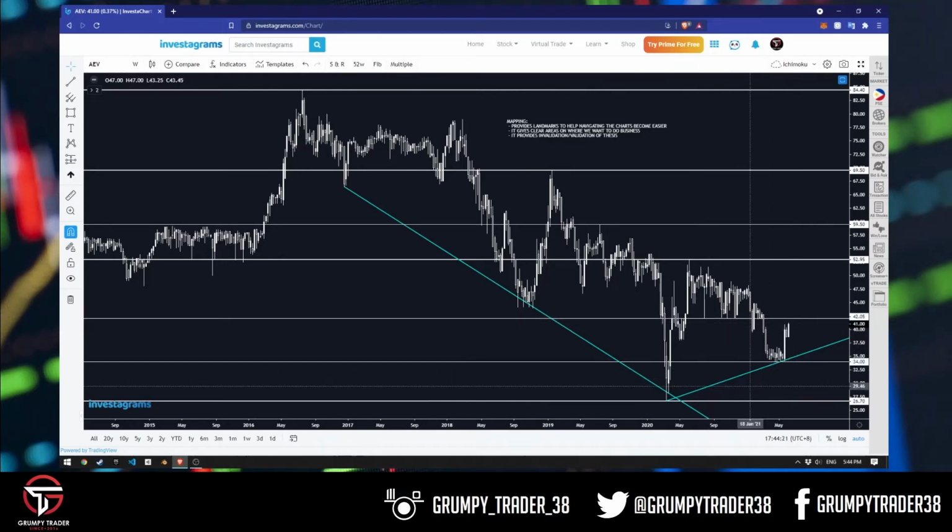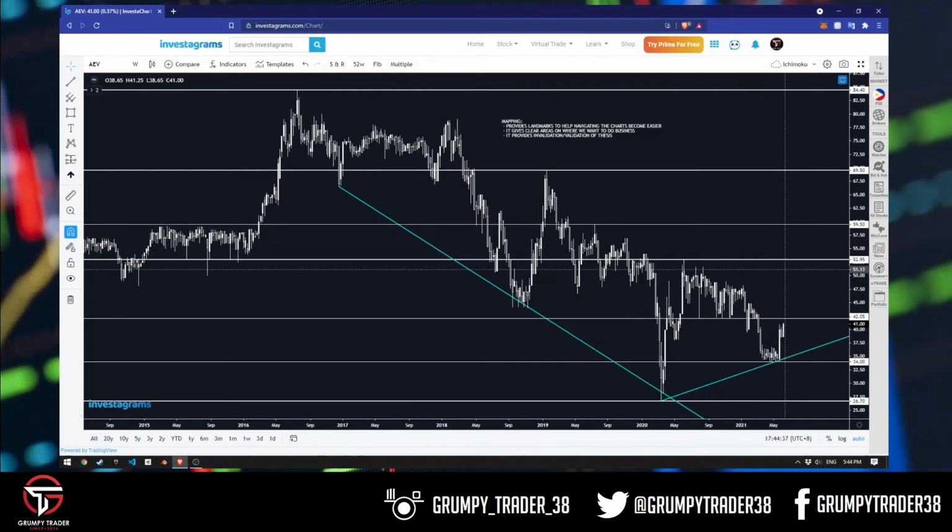If I move below this 34 level here, then I can expect na ma-challenge natin malamang tong 26.7 kasi hindi natuloy yung pagbuo ng potential na higher high over here. Diba? So, just by using a few lines, pwede tayong mag-form ng idea kung ano yung mga pwedeng mangyari sa chart na gusto natin or ayaw natin makita